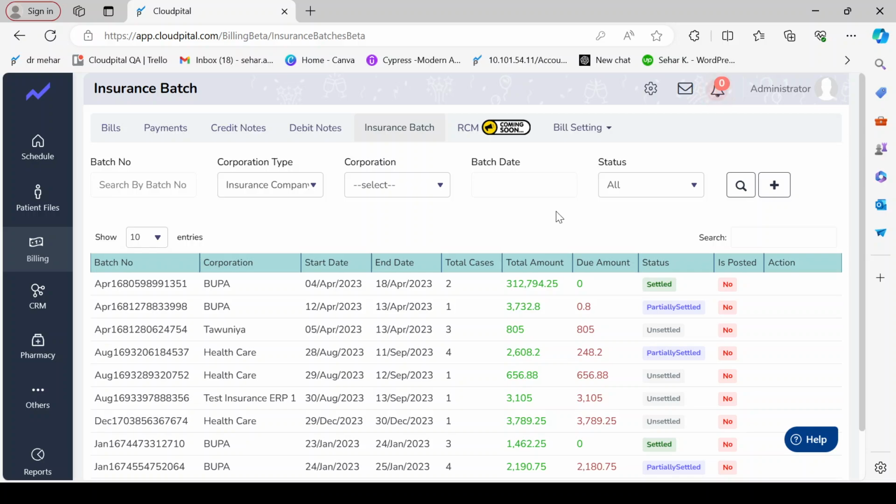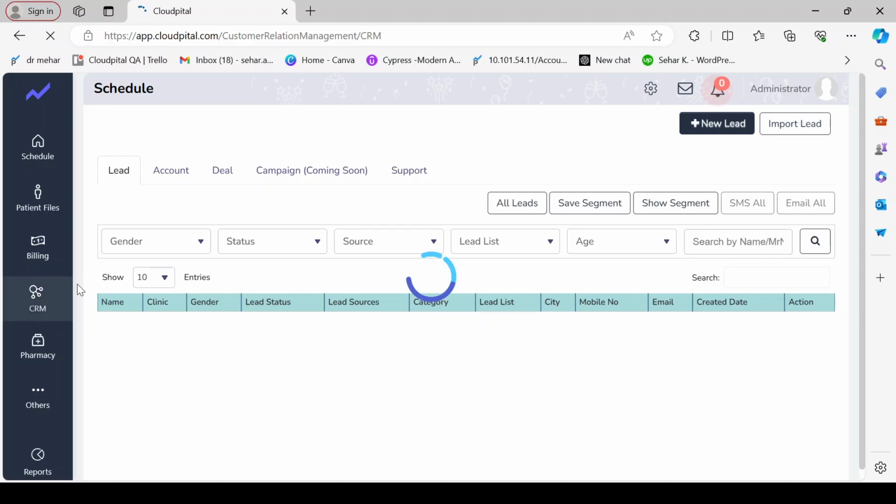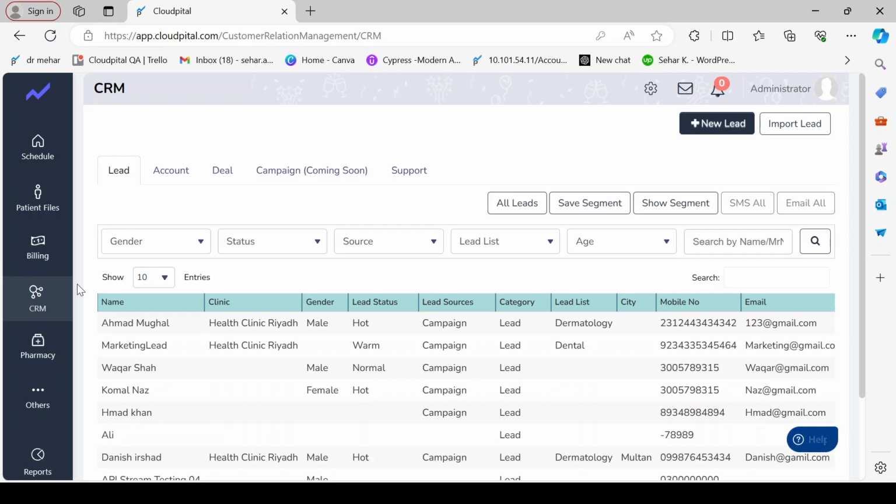Okay, so I'm going back to the other screen, CRM. CRM is basically to manage all of the lead data in these customer relationship module screens. We have very special screens in CRM. In CRM, we have two types of categories: we can add leads manually and we can also import leads in these screens.